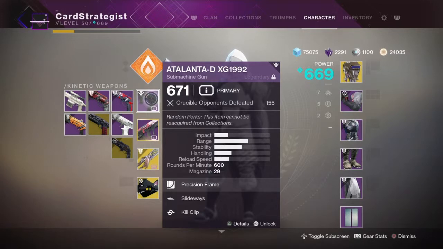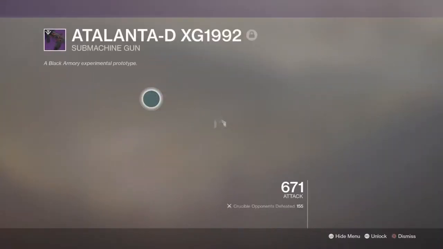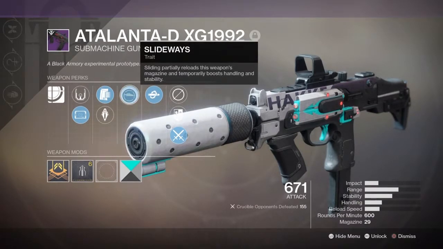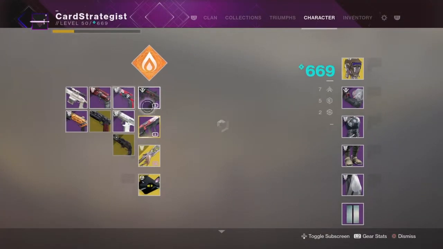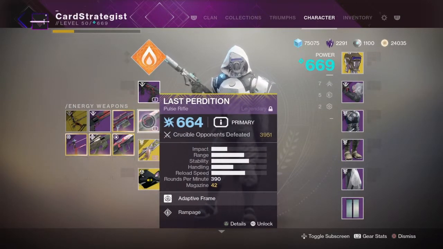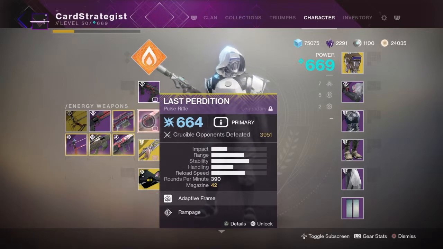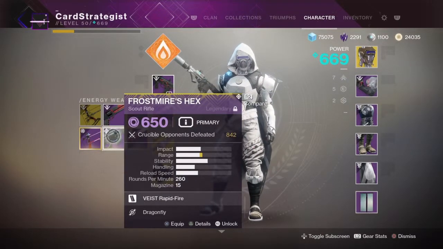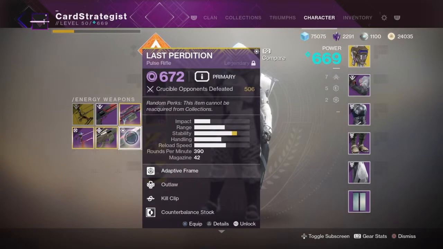I was like, will Slideways actually work though? So I took it in PvP and I was trying it out, and it saved me a lot of times, as I've already said. And my Last Perdition, I always used it since year one, unless I was using a hand cannon, like the, I forget which one it was, but then this and whatnot. And then I decided, because once I saw that for whatever reason, Bungie brought my gun back